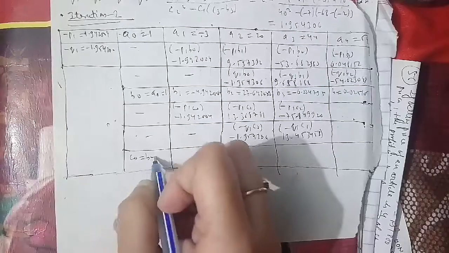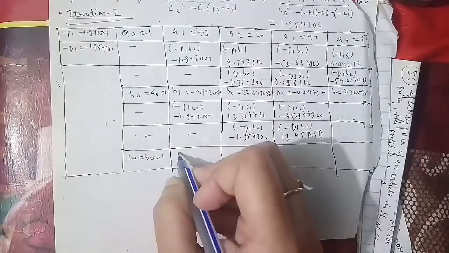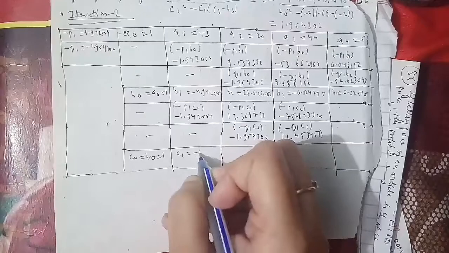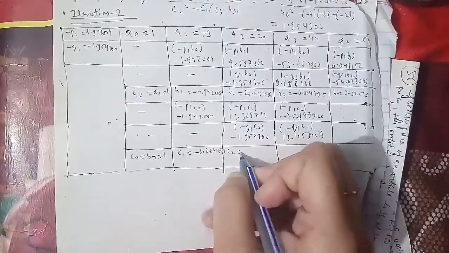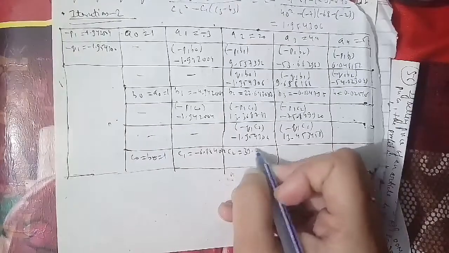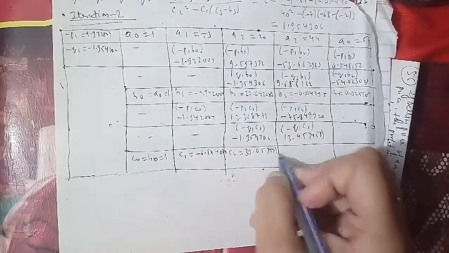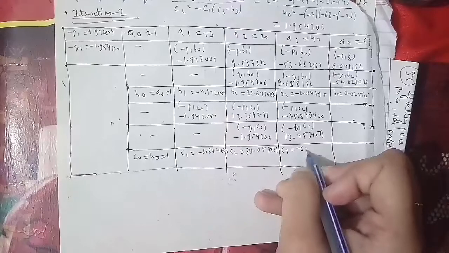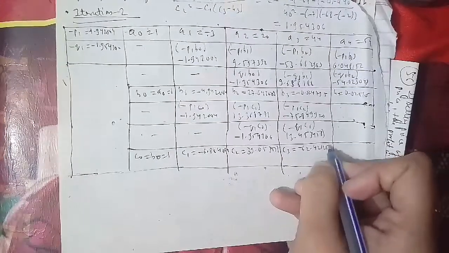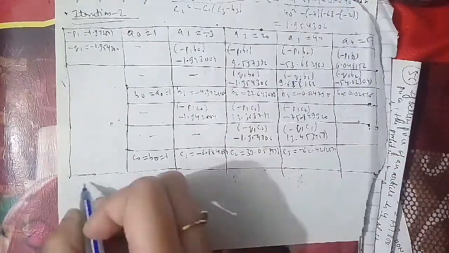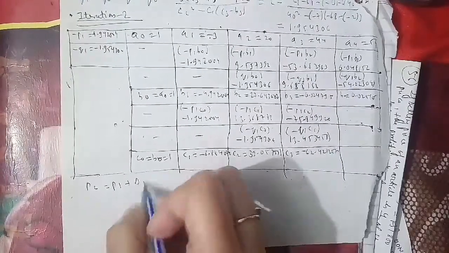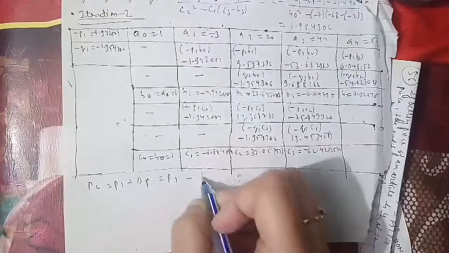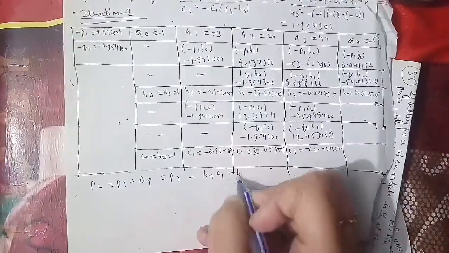C0 equals B0, which equals 1, C1 equals minus 6.884008, C2 equals 39.057551, C3 equals minus 62.421257. So for that, P2 equals P1 plus delta P equals P1 minus (B4 C1 minus B3 C2)